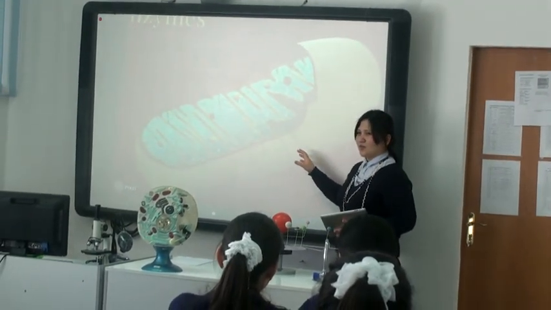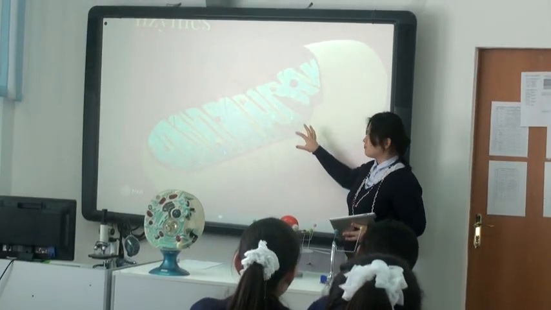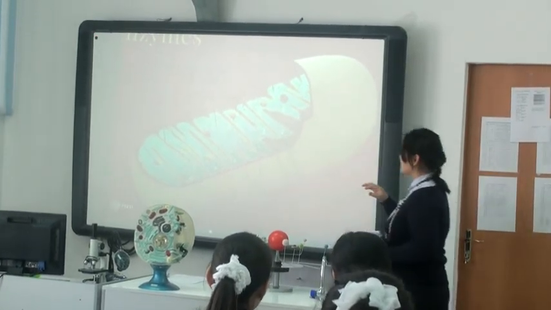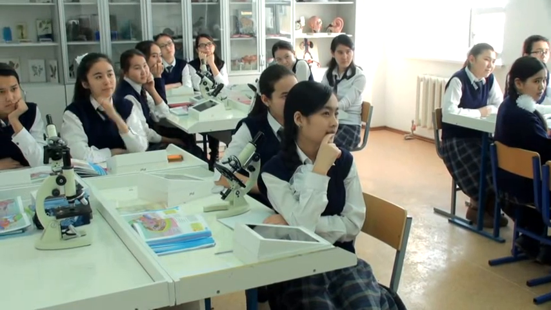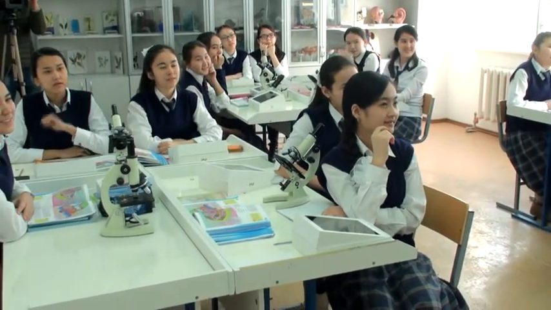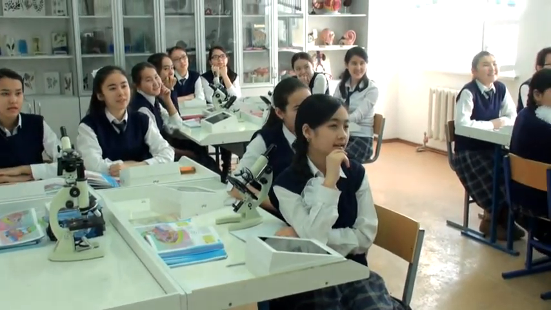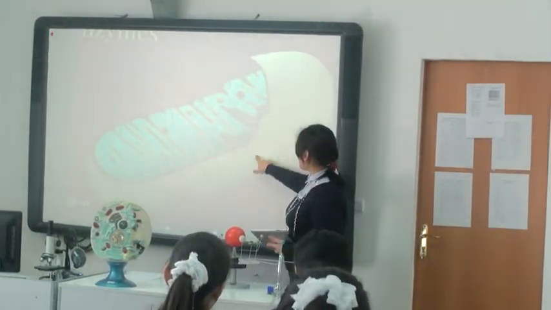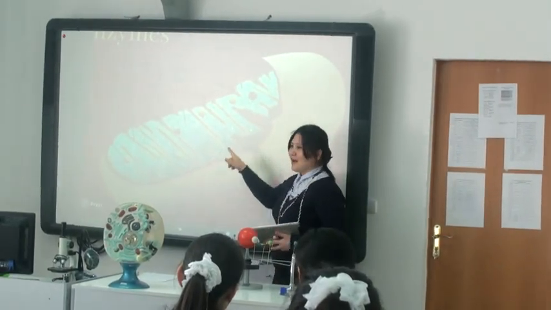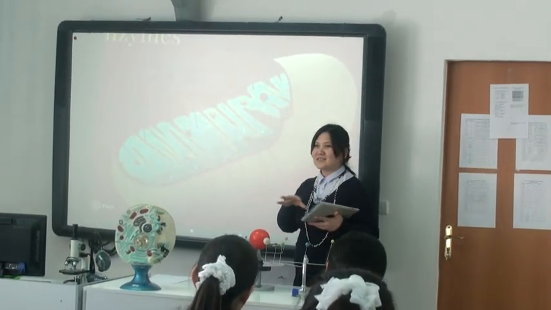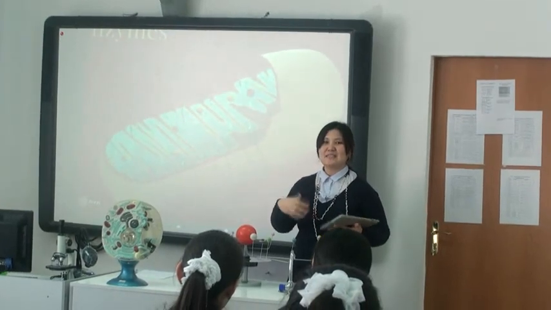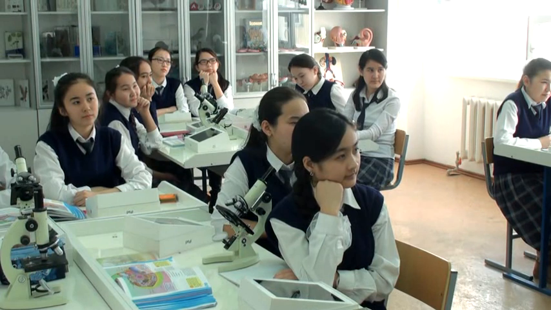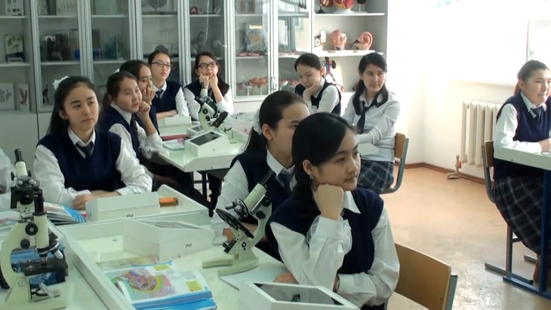I want to ask, what kind of thing is it similar to? I see here something like a children's bed. Yes. In Kazakhstan, a children's bed. What is it? Bisit. Yes, like a bisit. So here you can see the outer membrane, inner membrane. I'm connecting these two things to memorize easily. Then here you can see the DNA helps to produce the ATP.